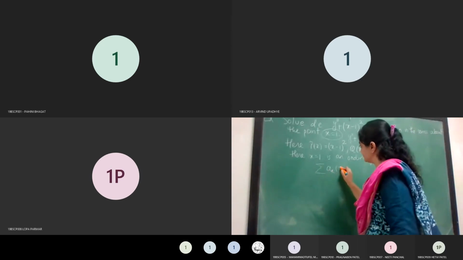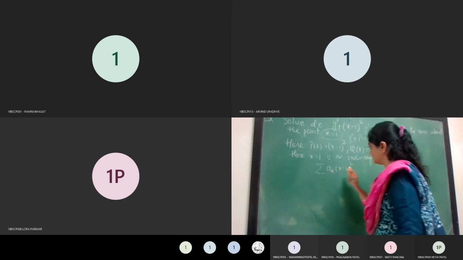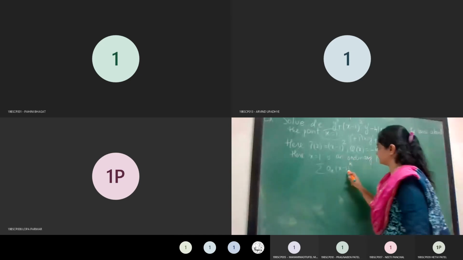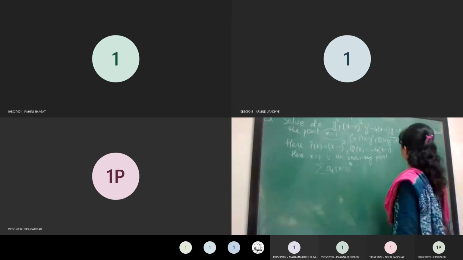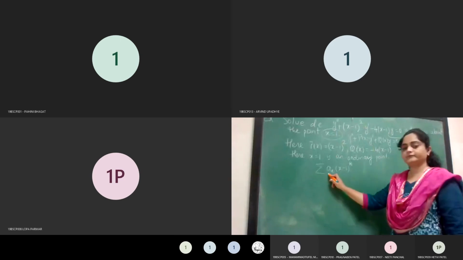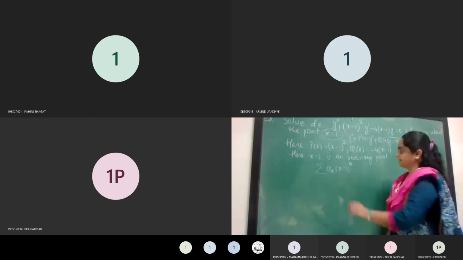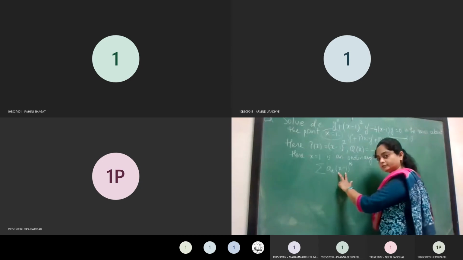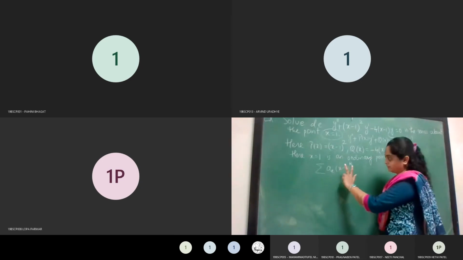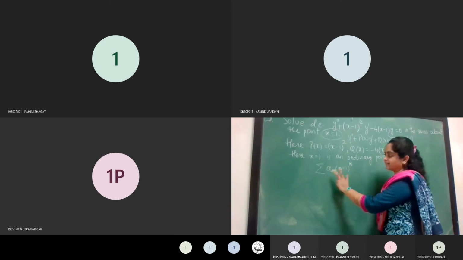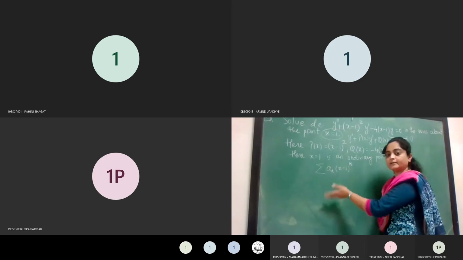But if you remember, we have to consider the series in powers of x minus 1 as the solution of this differential equation. Suppose I say this is equation number 1. Then the solution of this differential equation is suppose this infinite series. So you can see it will be difficult to take up this factor x minus 1 while carrying out all the computation.